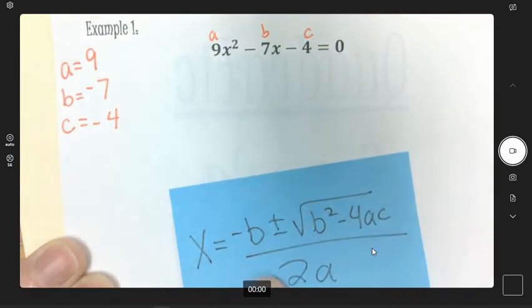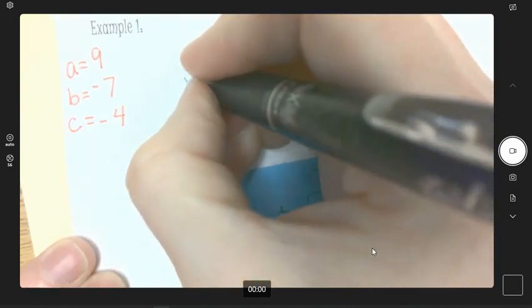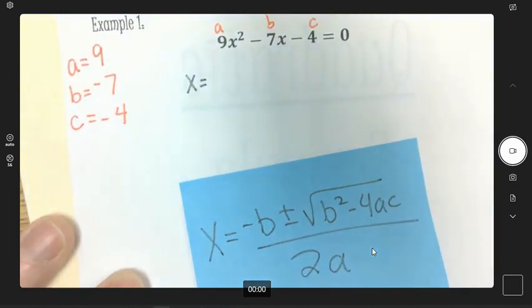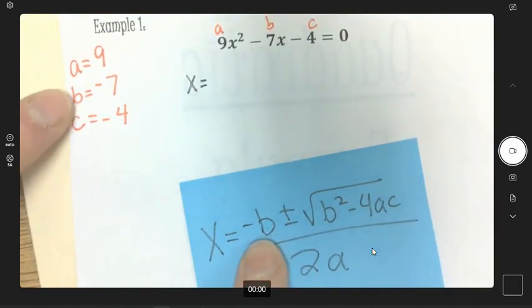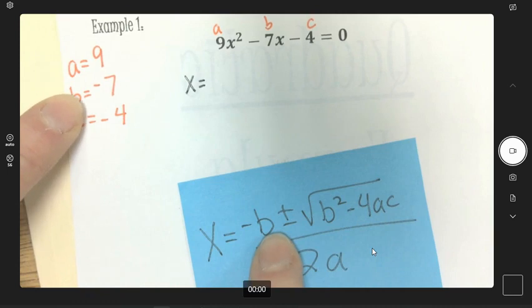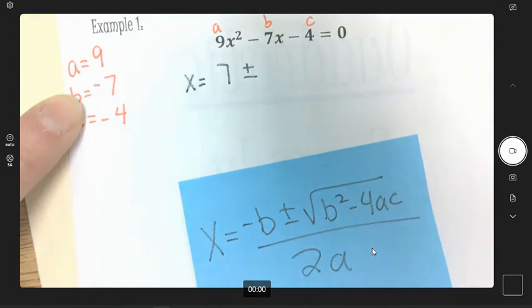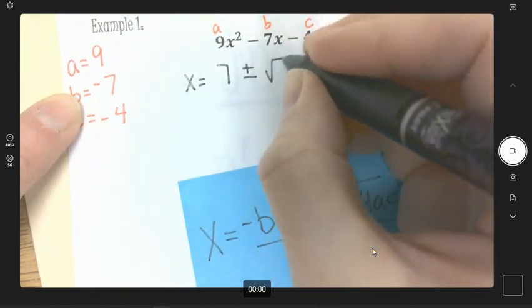All right, so we're going to plug this in. Go ahead and write it with the plus minus. So it's x equals, okay, negative b. B is a negative 7. So all that negative out front means is we're changing the sign. So negative b, negative 7 means it's a positive 7. Plus or minus square root of,